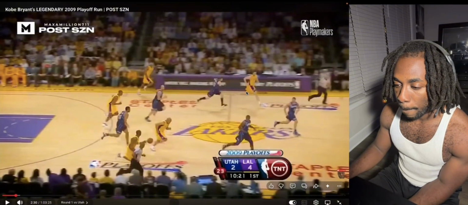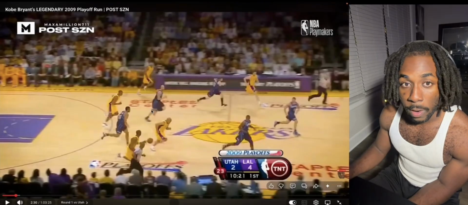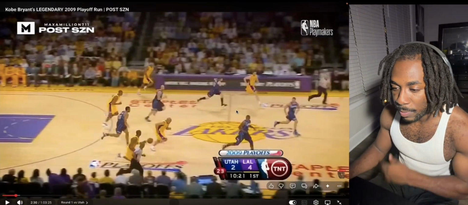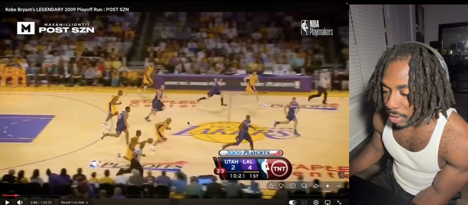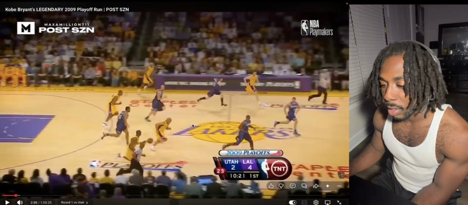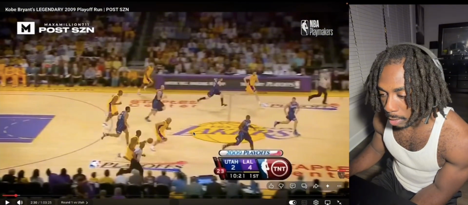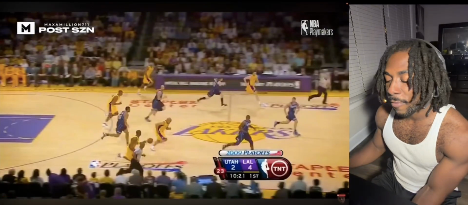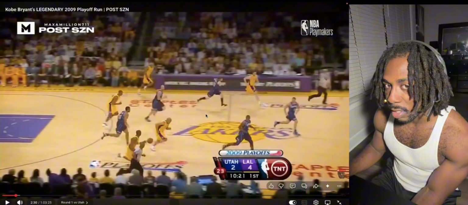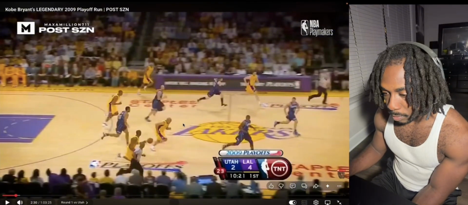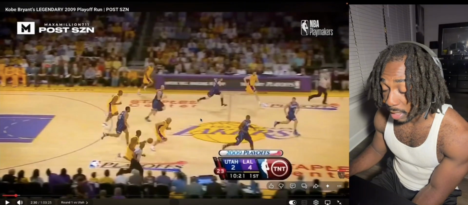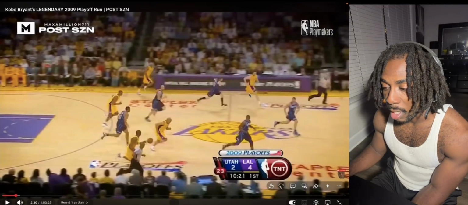And look, by hustling down the court, big man, by hustling down the court, you're able to get opportunities like this because, look, when defenses are in transition, they're in limbo mode. So they're looking to not only stop the ball, but figure out who they're guarding. Now, it's very hard to figure out who you're guarding when the offense is also running right at you. Okay, so that's what makes it really easy for a big man, if they hustle down the court, to get a lot of scoring opportunities like Gasol did.